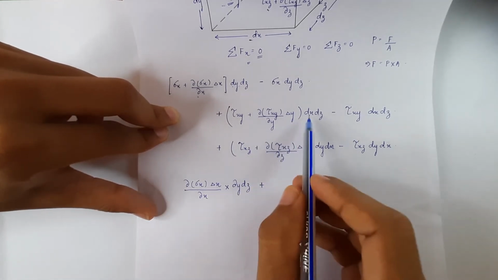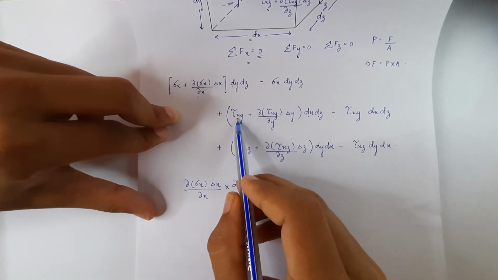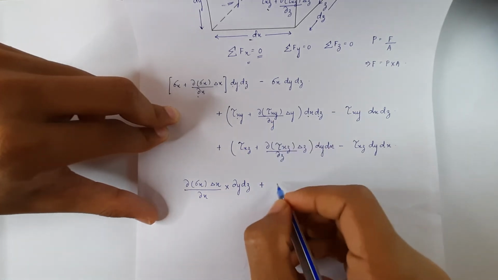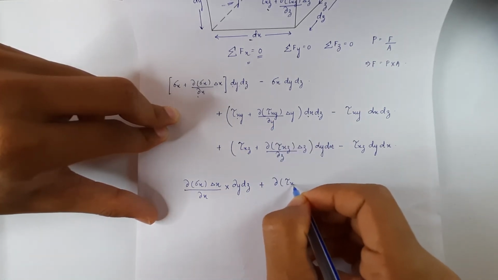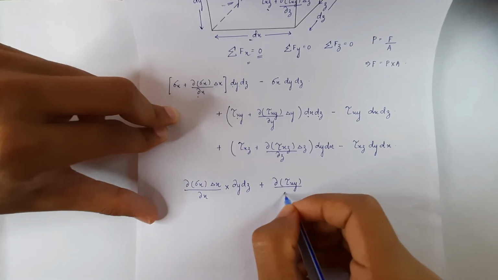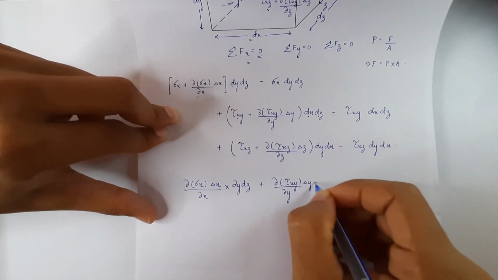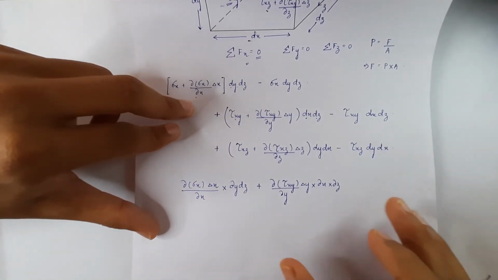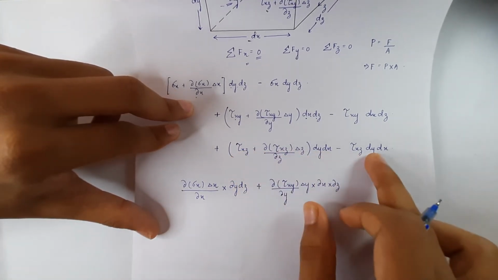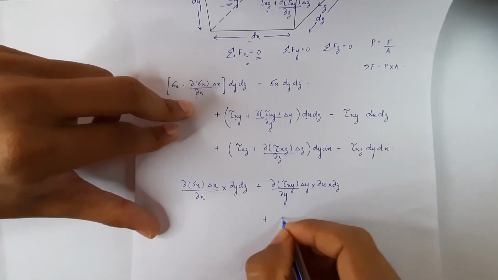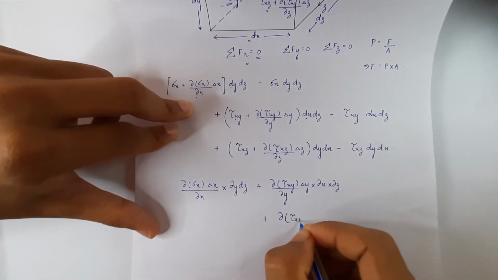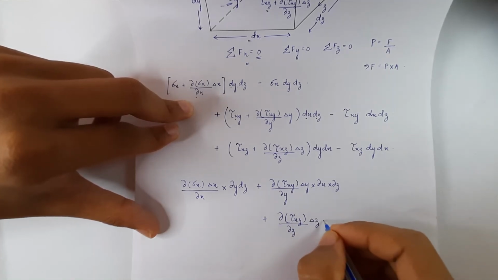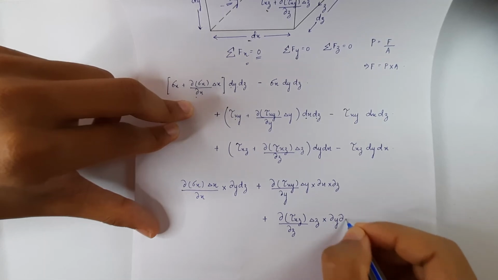Similarly, in this term, when dx dz gets multiplied to tau of xy, here we have its negative term, so these two terms will get cancelled. We will be left with only this term, that is del of tau of xy divided by dy, delta y into dx into dz. Similarly, this term will get cancelled out with this term, so we will be left with only del of tau of xz divided by dz into del z into dy dx